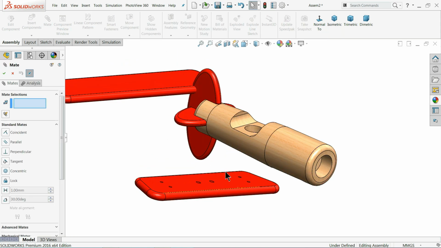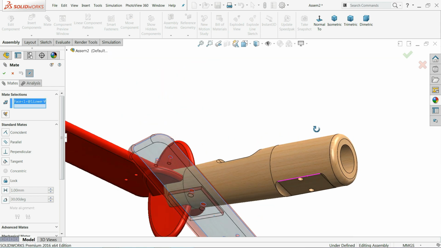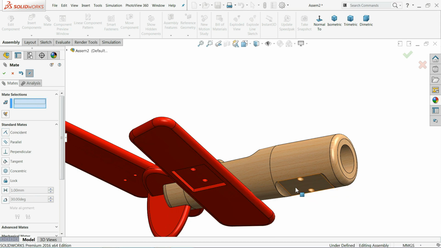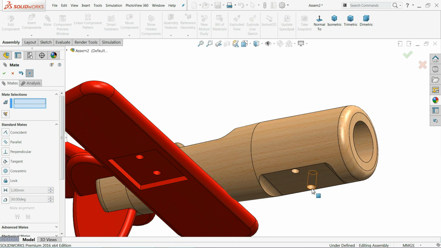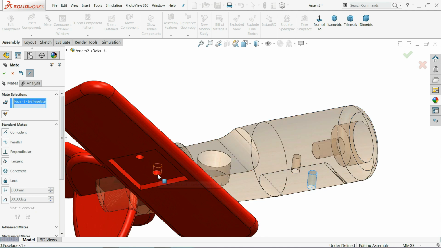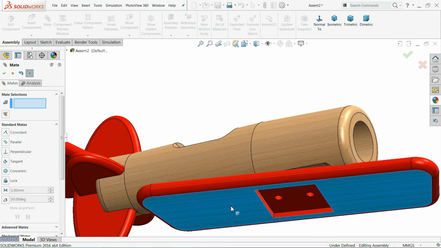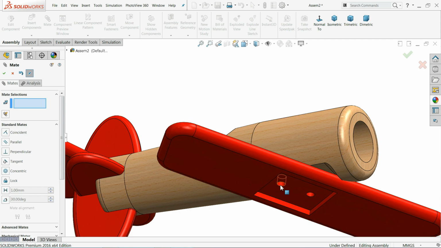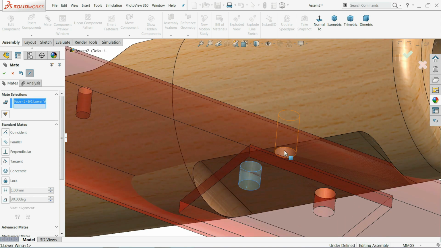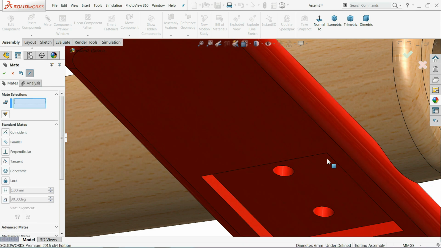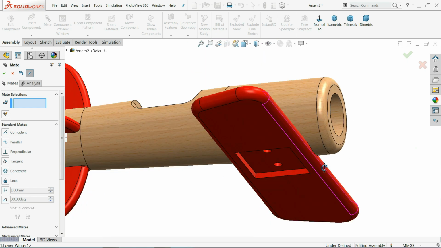Mat, I'll choose this face and inside this face. Here we will choose coincident relation. Let me choose this circle, this circle. Concentric relation. Now it is fixed in proper position.